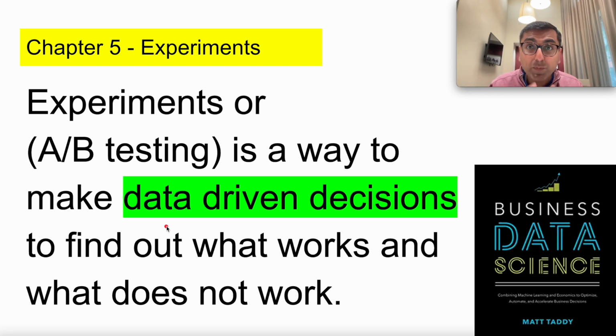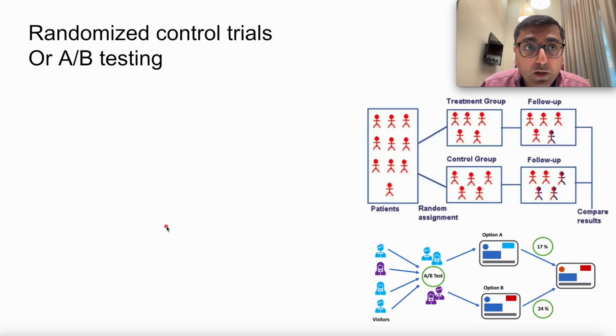But in one line, experiments or A/B testing is a very powerful way to make data-driven decisions to find out what works and what doesn't work. So let's take an example. I have two examples here, the first image on the top and the second image at the bottom. In this first image,